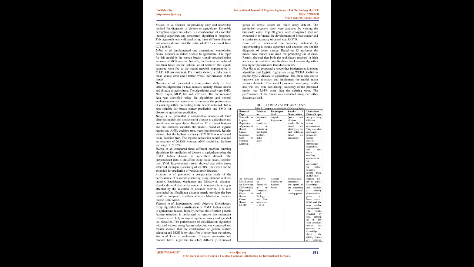Based on 12 different features and 1 outcome variable, the models, based on logistic regression and decision tree, were implemented. Results showed that the highest accuracy of 77.87% was obtained using decision tree. The logistic regression model attained an accuracy of 76.13%, whereas AN model had the least accuracy of 73.23%. DeepDETAL compared 3 different machine learning algorithms for prediction of disease to agriculture using the PIMA Indian disease to agriculture